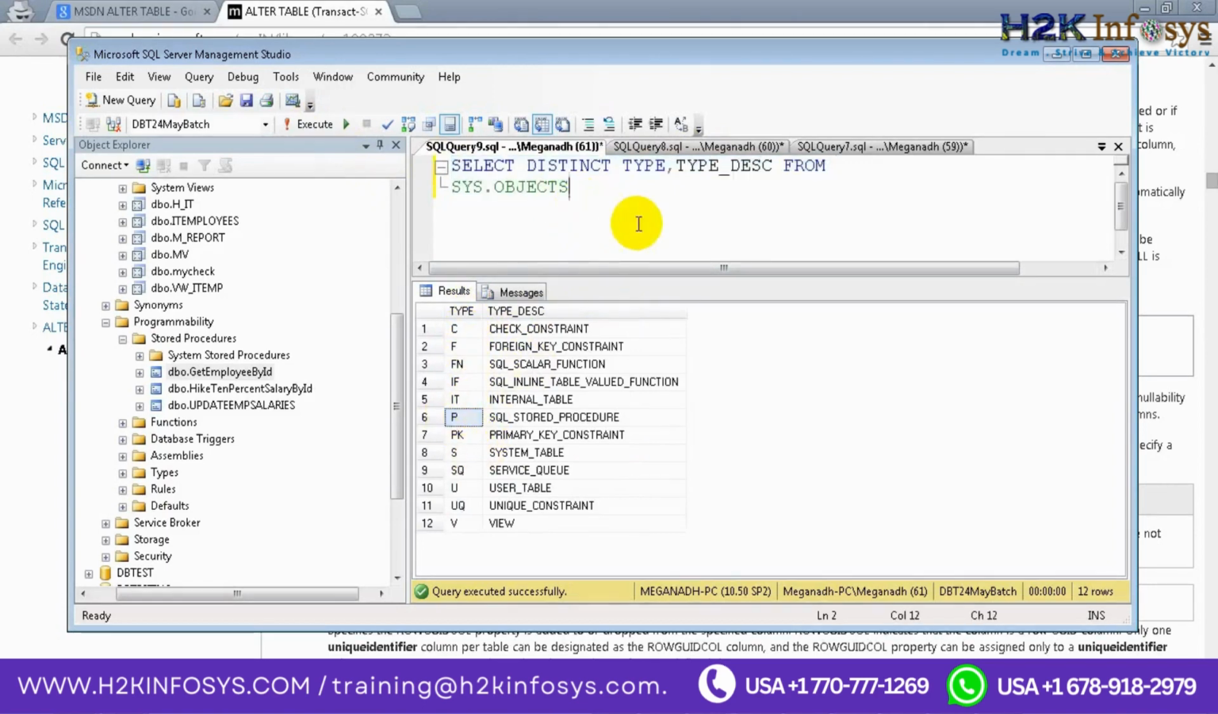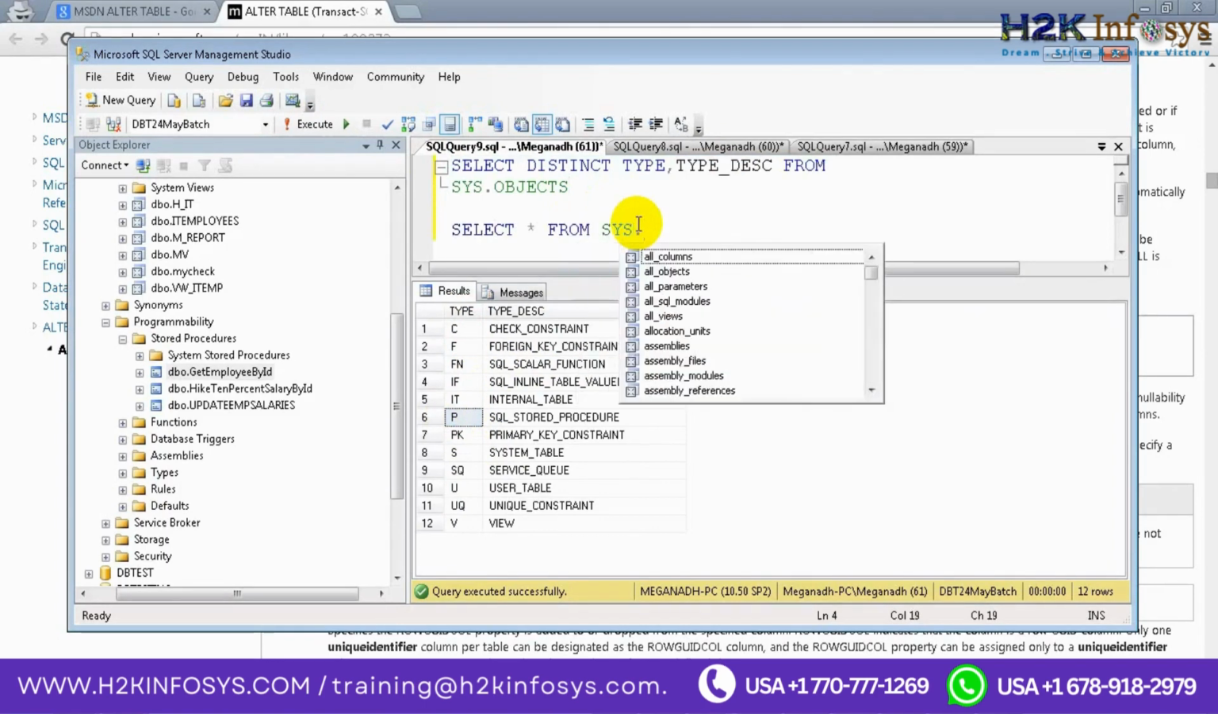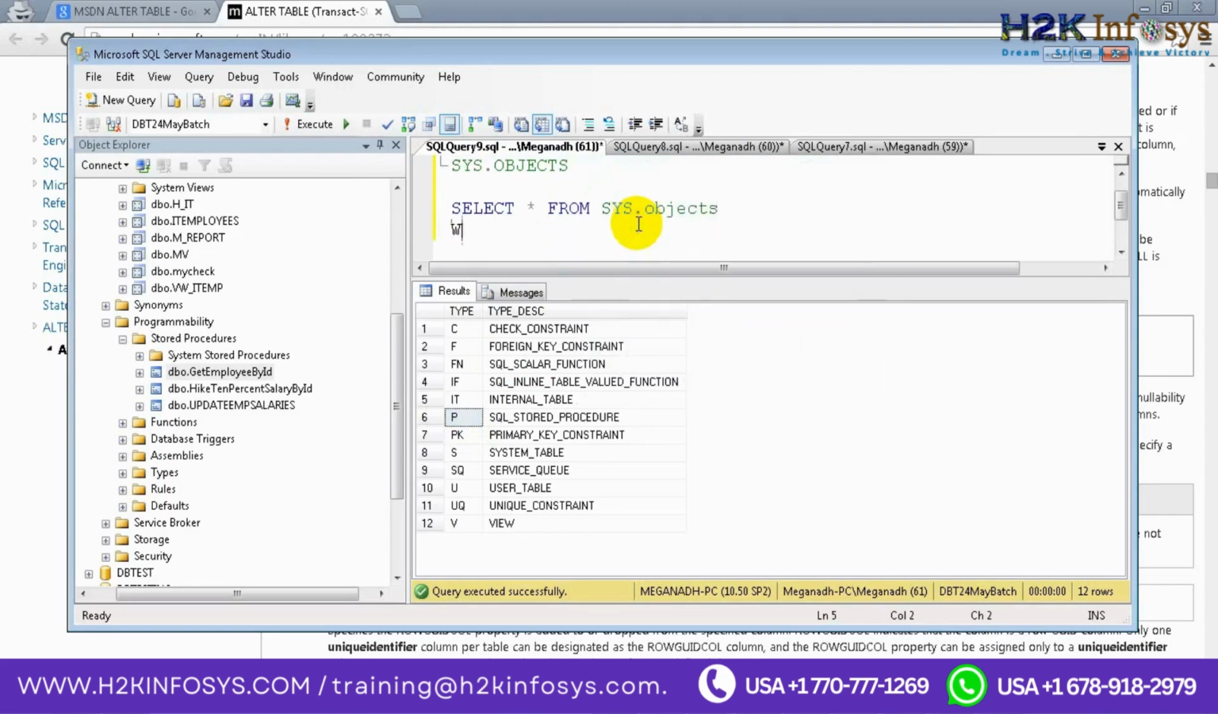So what we will do is select star from sys.objects where type is equal to P. In single quotes we will just write P instead of typing completely like